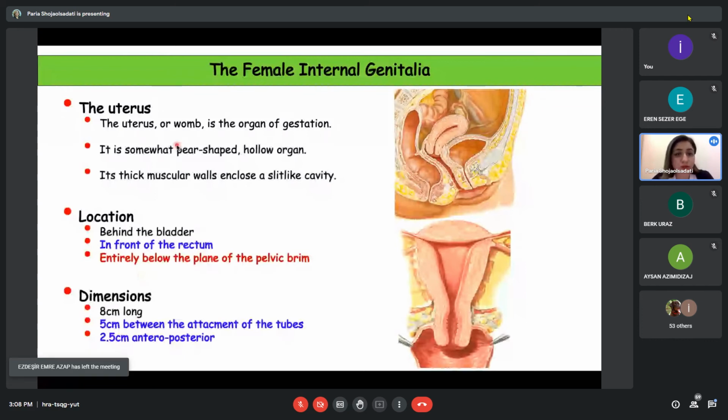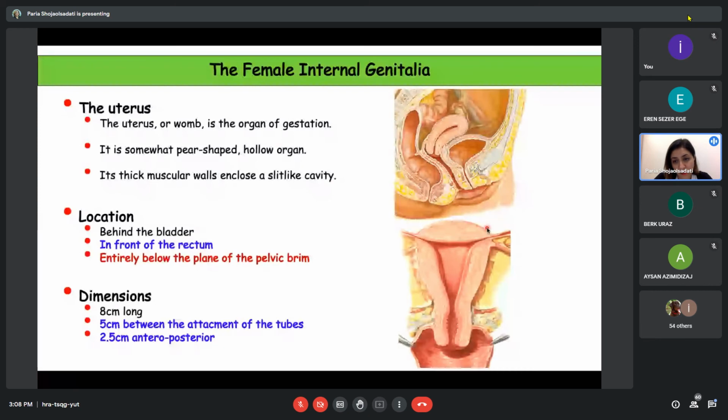Another organ I like to talk about is the uterus. You can see the uterus in a mid-sagittal section of the pelvis. The uterus of gestation is somewhat pear-shaped, a hollow organ located in a reverse position. It has a thick wall,